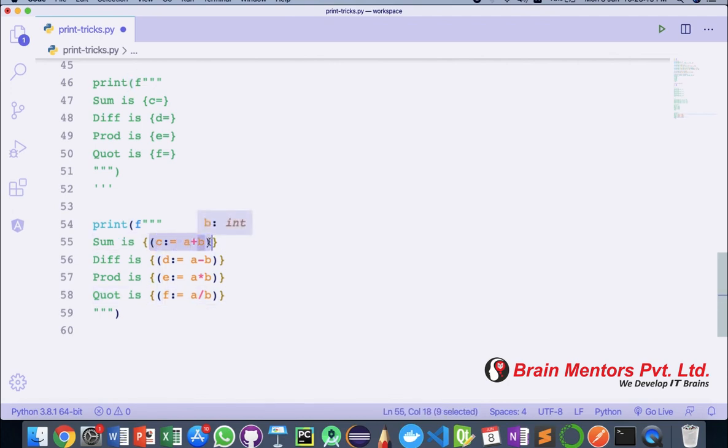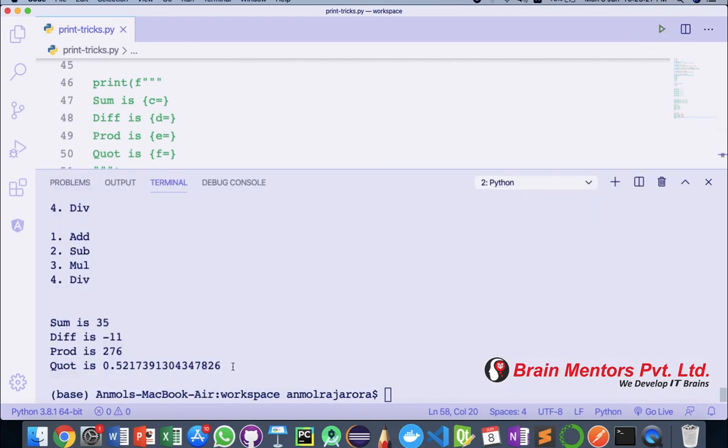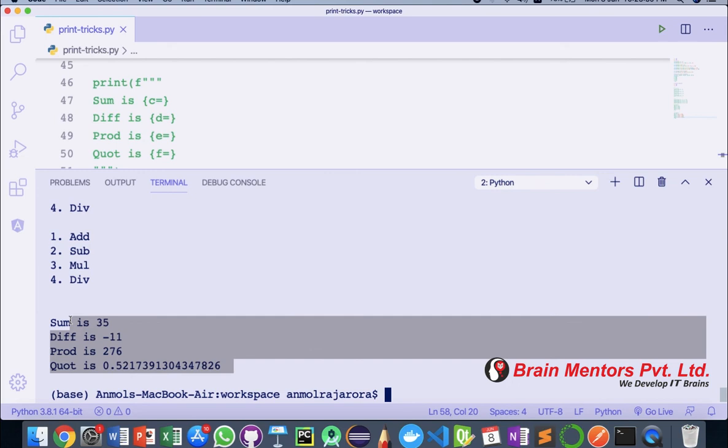Okay, so first A plus B will be calculated, the value will be stored in C, and then the value will be printed as sum is C, then value of the C, that's 35, and same for the rest 2 lines. So let's test it out and you can see again the same answer but using just 4 lines. Assignment of the values, creation of the variables, and printing of the values using multi-line print statement. 4 different tricks embedded inside one single statement.